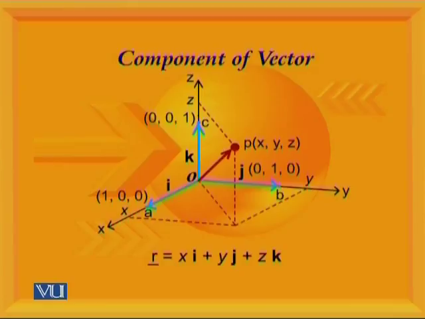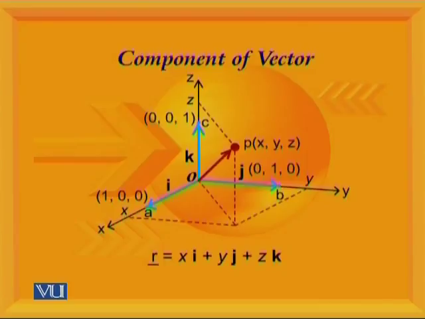Why did I call it resultant? Because this is the sum of these vectors, that is xi, yj and zk. This vector is also known as the position vector of the point P,